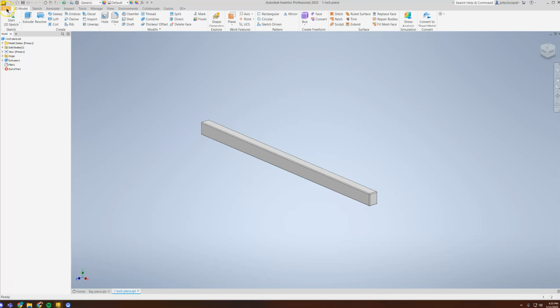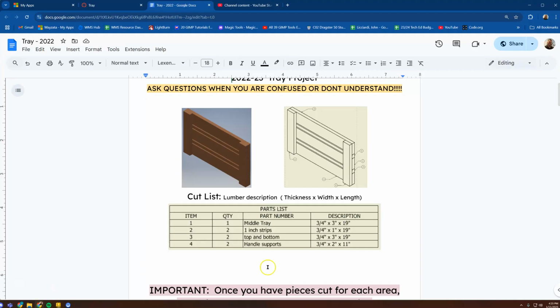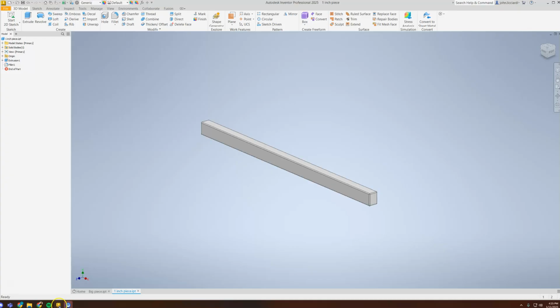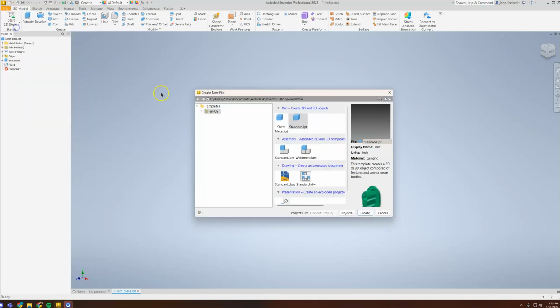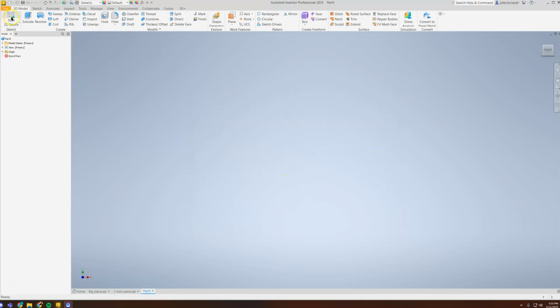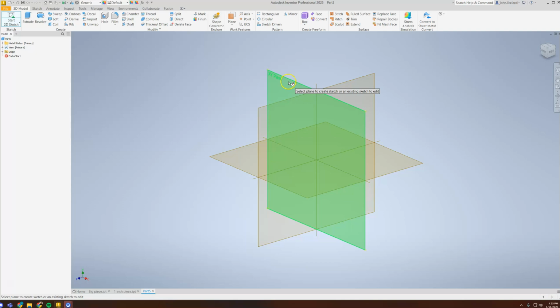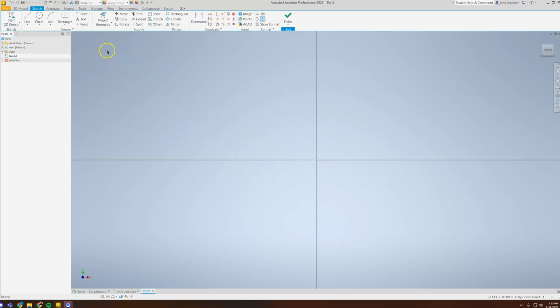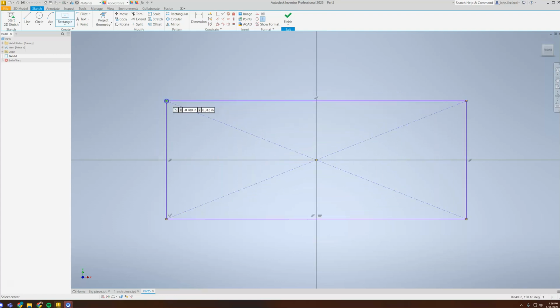I got one more piece, and that is going to be the handle support. So the handle is actually 2 by 11. It's a little bit different. Still 3/4 or 0.75 thick. So same exact process. File, new, standard IPT, create. Start 2D sketch, XY plane, 2-point center rectangle. Click on the middle, move outward, click again,